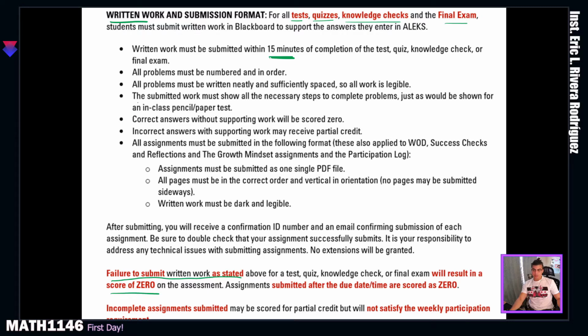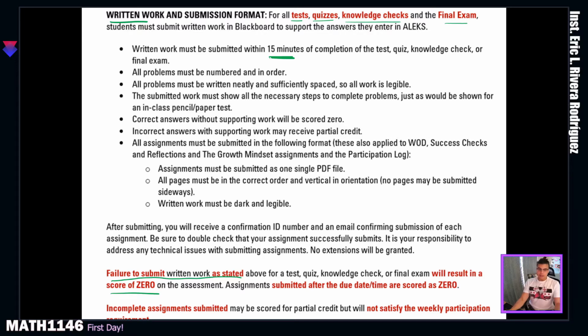Okay, so this part is very important. I'm going to be very strict on this. You need to follow this very well. We want to understand this in the first week. That's why today we are going to do one worksheet. We are going to do it together. I'm going to make sure that you are doing everything correctly. I'm going to present some examples. And through this week, I want to make sure that you are following the correct submission format for the written work, the worksheets, and the other assignments.